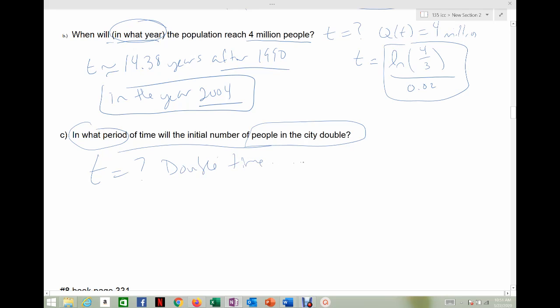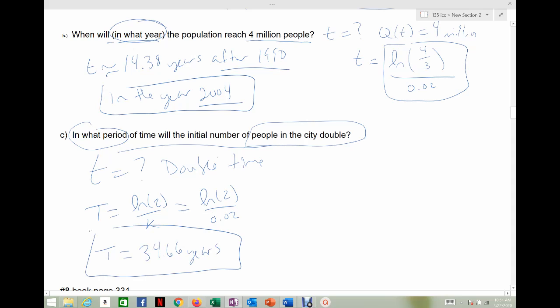And there's two ways you can do it. You can either remember that doubling time is the natural log of 2 divided by my growth constant. So natural log of 2 over 0.02. And that's fine. If you remember that little formula, you can just use that. And so if you take the natural log of 2 divided by 0.02, it comes out to 34.66 years. All right, that's my doubling time. That's how long it takes it to grow, to double. So in 34.6 years, it'll grow from 3 million to 6 million. In 34.6 more years, it'll go from 6 million to 12 million if it stays consistent at growing by 2%